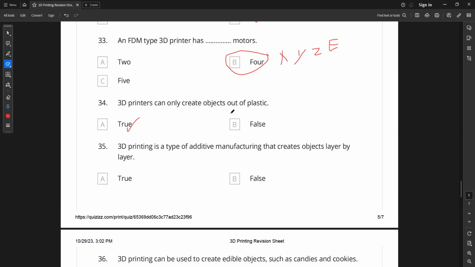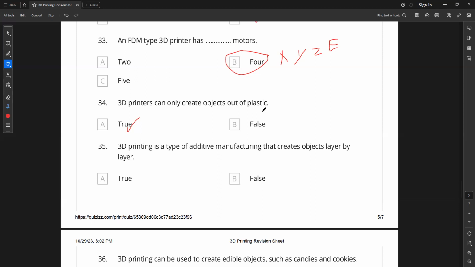So maybe if I print something using this type of filament, you'll think it's made of wood, but actually it's not. It's just filament, but it smells and feels like wood when you touch it, but in reality it's not made from wood, because the mixture that they use to make the filament,